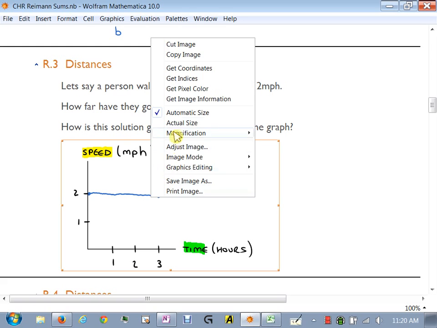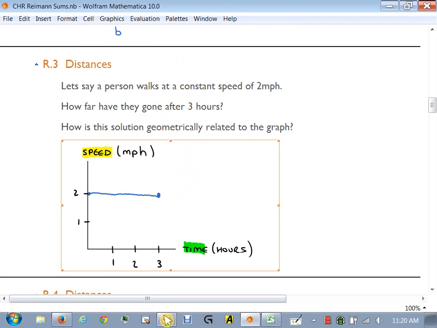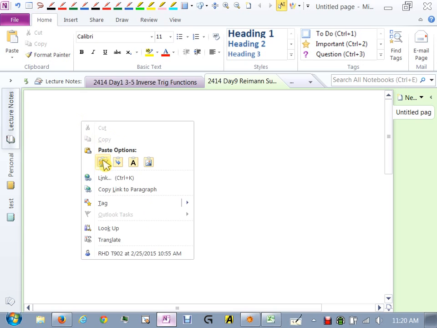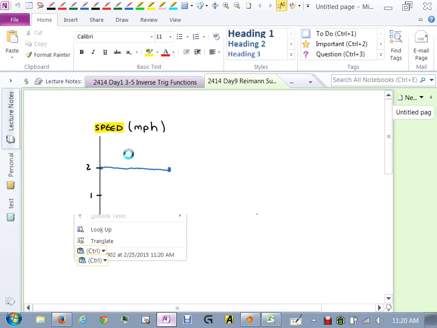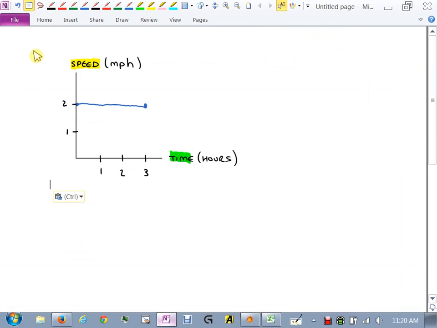So if I take this, hold on, let me see if this is going to work. Yeah, no, that didn't like that. Okay, I always have to do this. Right, so if I take this and look at the area underneath,